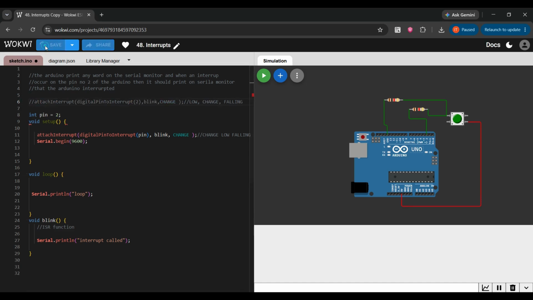Let me save this. Now how will you write this into your code? First of all, I have declared a variable pin, data type int, and set it to 2. Over here I have attached an interrupt on pin number 2, and this interrupt will be called when there is a change on pin number 2. When this interrupt occurs, it will call the function blink, and